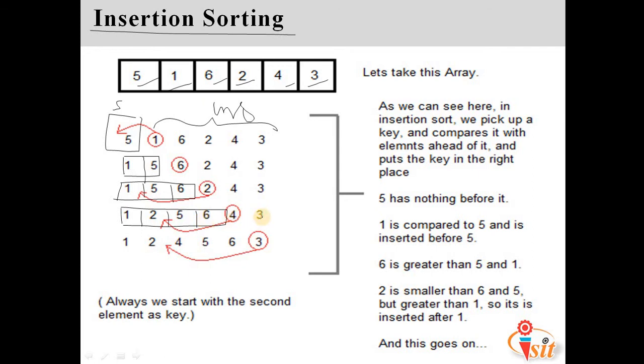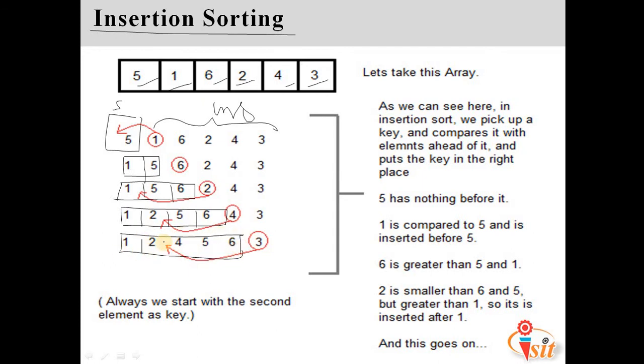4 and 3 we are calling the unsorted list. From the unsorted list first we will consider the 4. So now 4 we need to insert inside the sorted list. 4 is less than 6, 4 is less than 5 and 4 is greater than 2. So in between 2 and 5 we need to insert the 4. So 4 will be inserted over here and 5 and 6 will be moved to the next position.